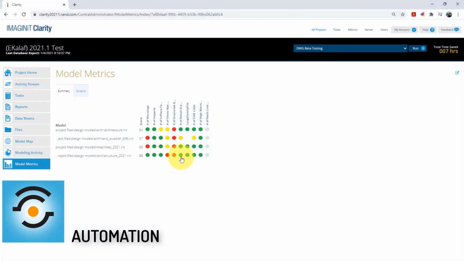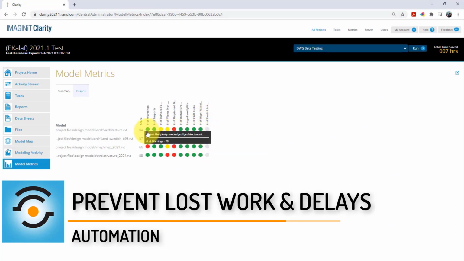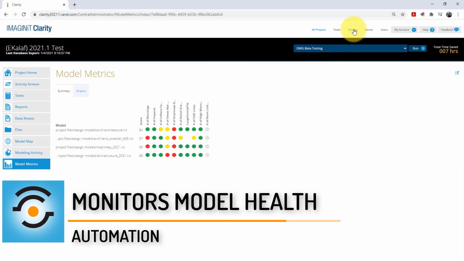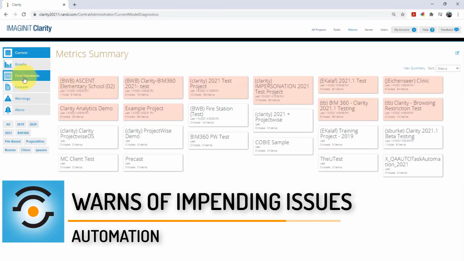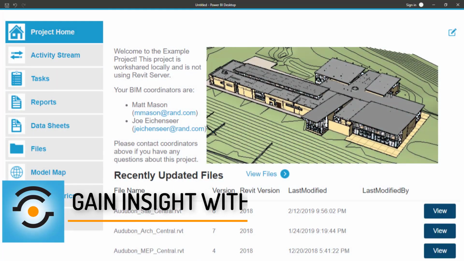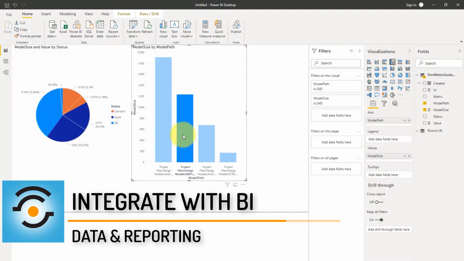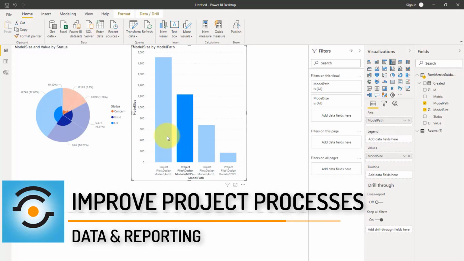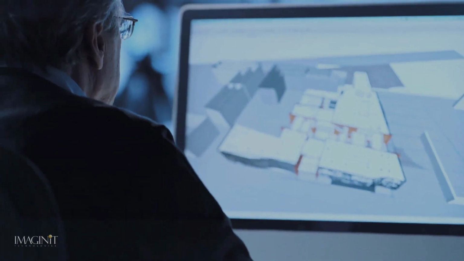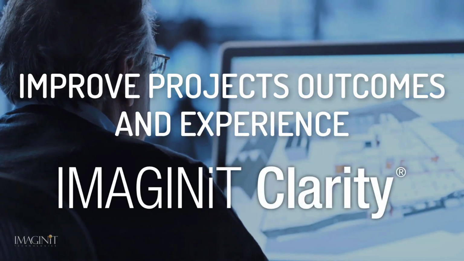Inflated file sizes from overmodeling or increased warnings can negatively impact the integrity of the model, resulting in lost work and project delays. IMAGINiT Clarity monitors Revit model health, alerting BIM managers to potential issues before they become major problems. Dive into rich BIM data and gain a better understanding of the project. Dashboards, reports, and analytics inside Clarity, along with integrations to business intelligence software, help firms find areas for improvement. Through automation, health metrics, and data analytics, IMAGINiT Clarity helps improve project outcomes, resulting in a better experience for you